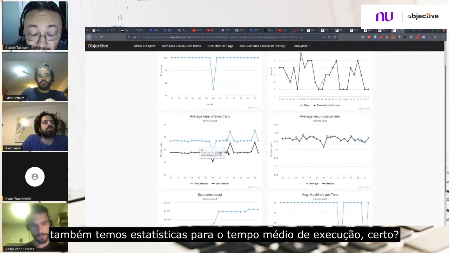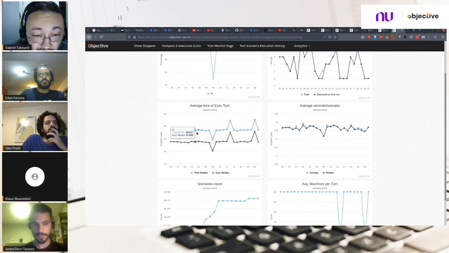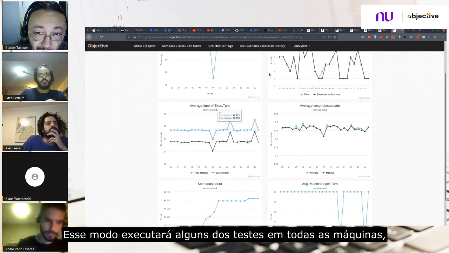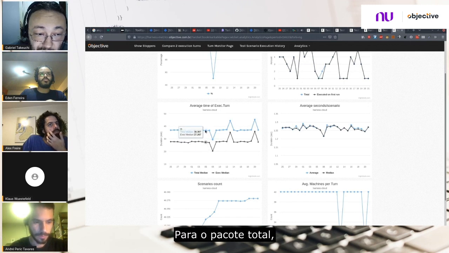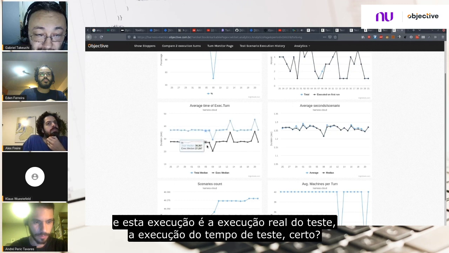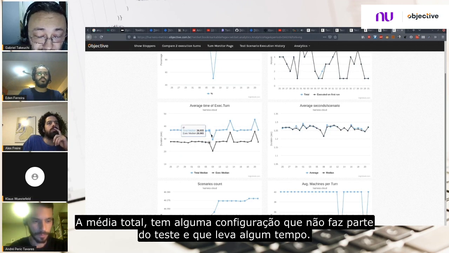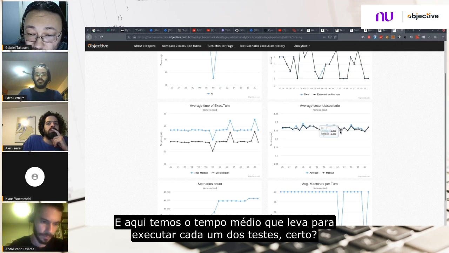This is the kind of thing here. We also have statistics for the average time of execution, right? This median is where we sum up the test runs for all of the machines and then calculate a median, for the total suite. And this execution is the actual test execution time, right? The total median has some setup that's not part of the test, and that takes up some time. And here we have the average time that it takes to run each of the tests,